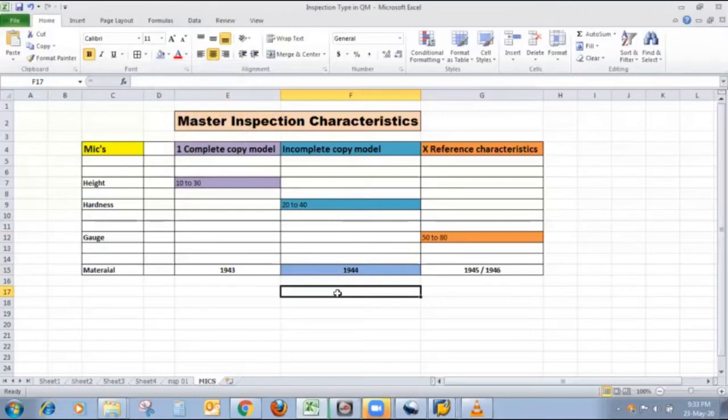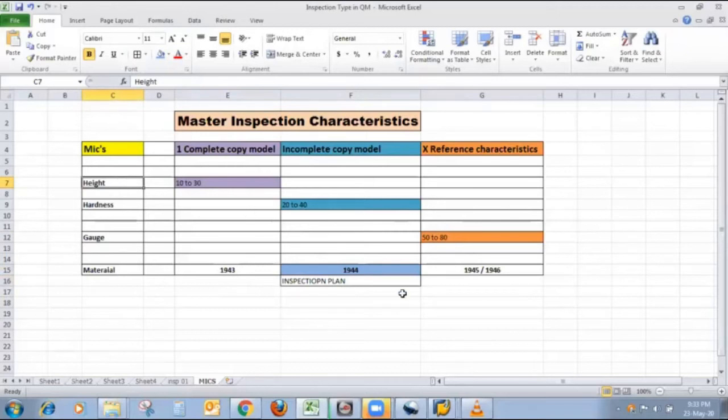Yes, only for that material I maintain lower limit and upper limit in inspection plan. And for the remaining two materials, I put lower limit and upper limit during creation of MIC.